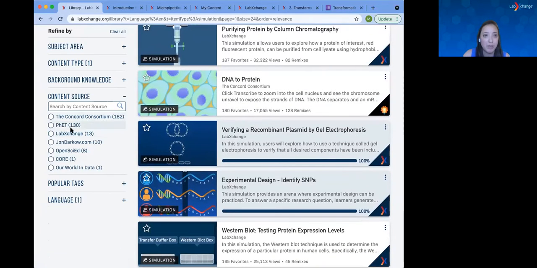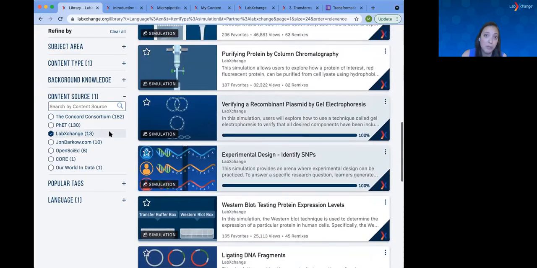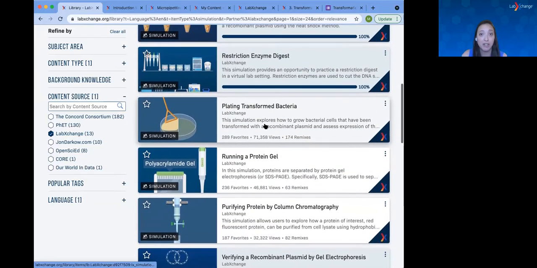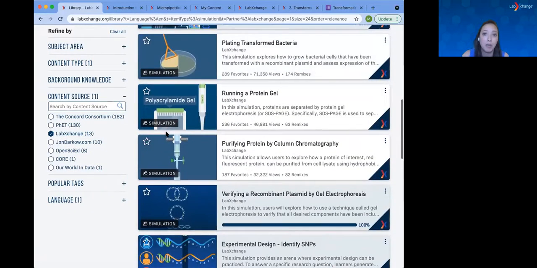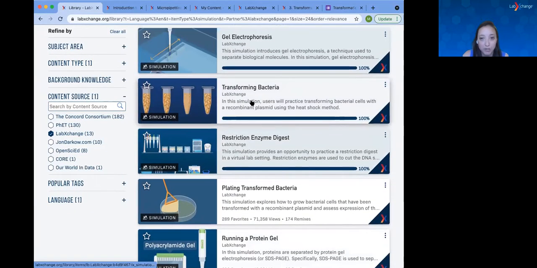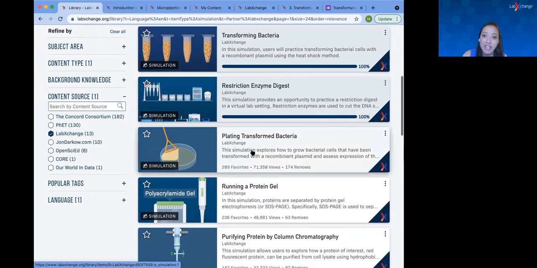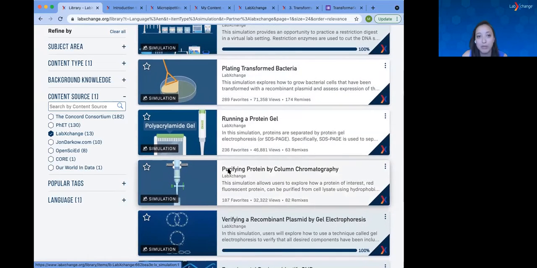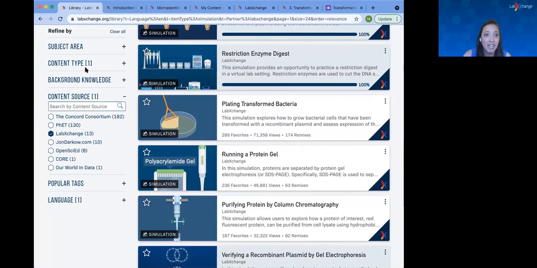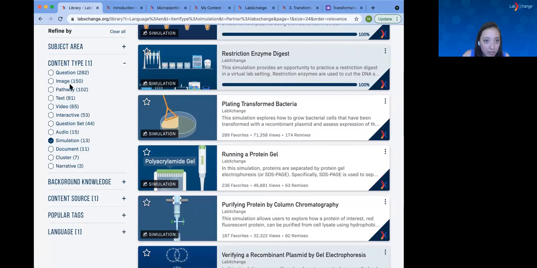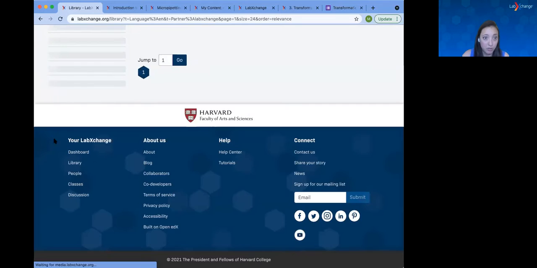You can also filter here by content source, and these will pull up all the LabXchange ones that are connected to ABE. You'll see those labs that look familiar: transforming bacteria, restriction digest, protein purification, that kind of thing. The last type of thing I'll sort of feature here,